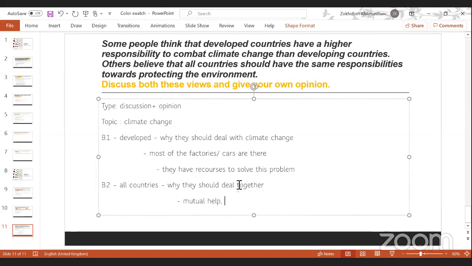It doesn't matter. Guys, look at our country. Even though we cannot be considered the richest country, we do have lots of cars, we have factories in some amount, and actually we don't follow the rules to keep the climate clean. We don't separate the rubbish into recyclable or not. We mostly don't reuse plastic bags or plastic bottles. We don't follow the rules. So that's why every country should cooperate.